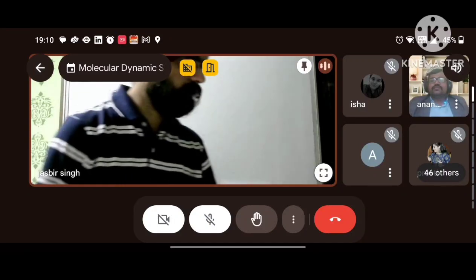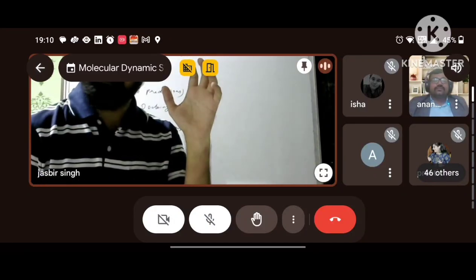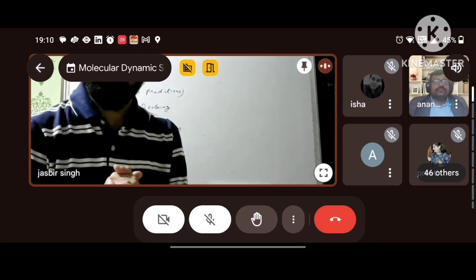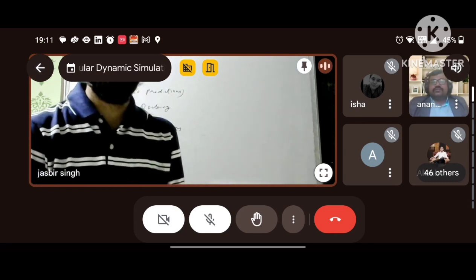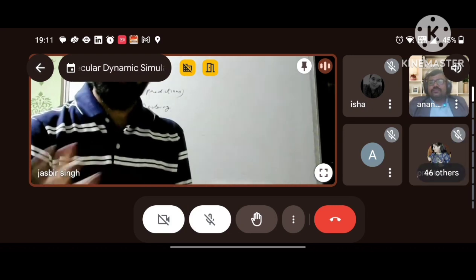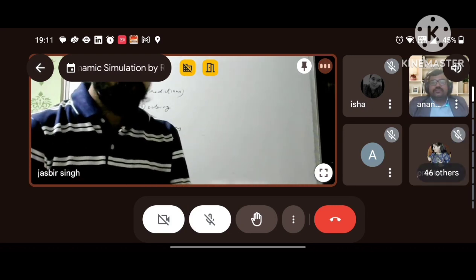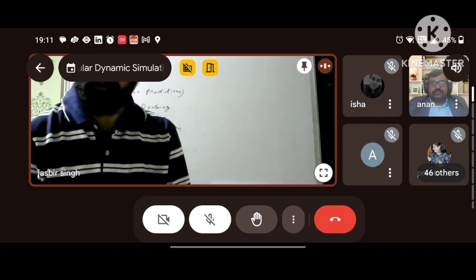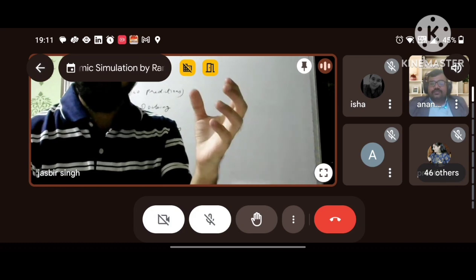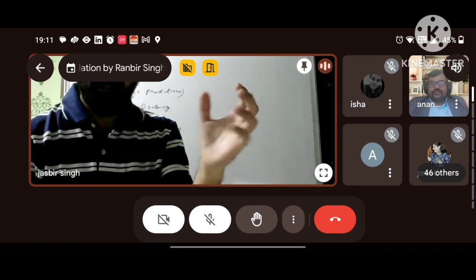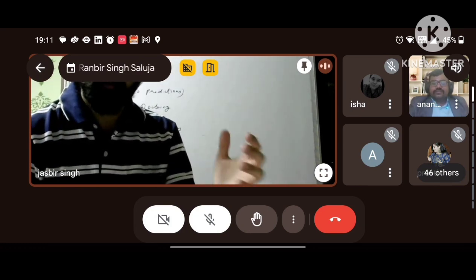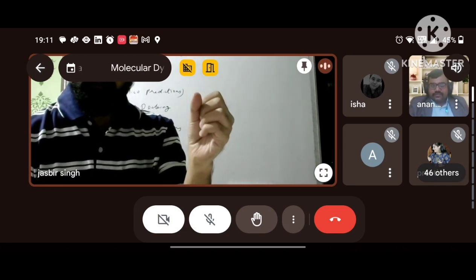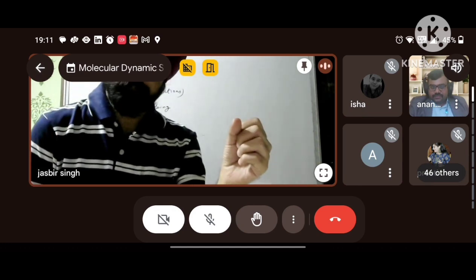This is my protein structure. My hand is my protein structure. If you are from a biotech or microbiology background, you might be aware that a protein folds and takes up a secondary structure. I'm using my hand to represent the protein. If you see this protein, it is folding, and then it takes up a secondary structure,